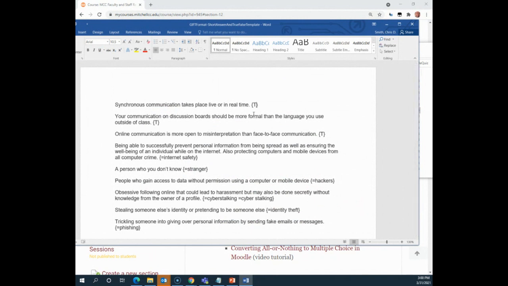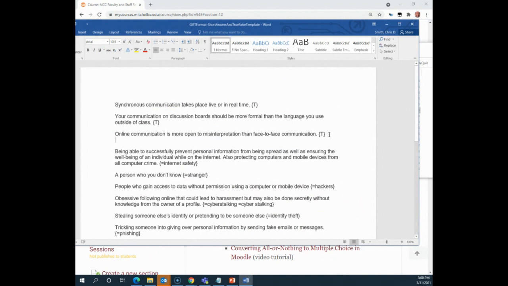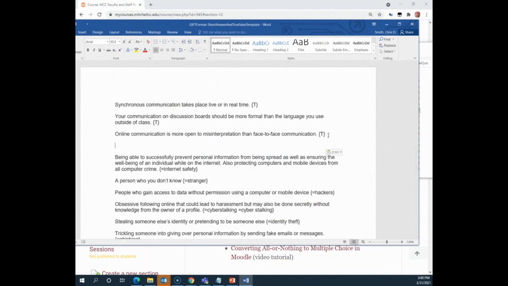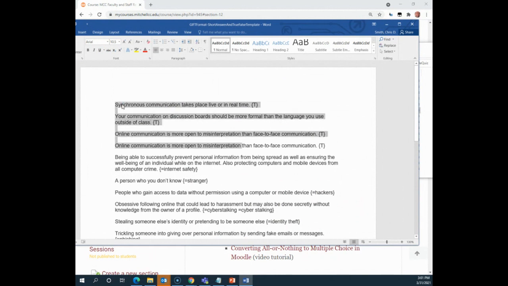If I create one, I can copy it and repaste it, Control C, and go down, Control V. I can quickly create a series of true-false questions, and I can import this file by following the process: I just save it as a plain text file, import it into Moodle, and Moodle then transforms the top questions into true-false, and the bottom ones that have the squiggly bracket with the equals in front of a word or a phrase